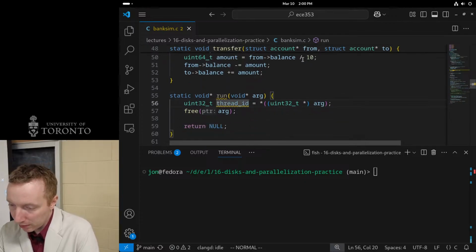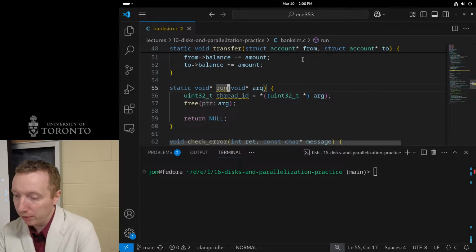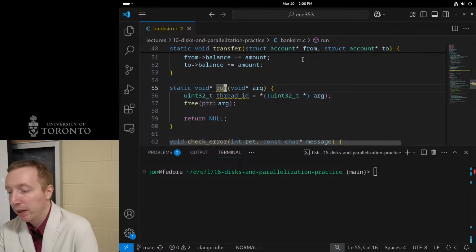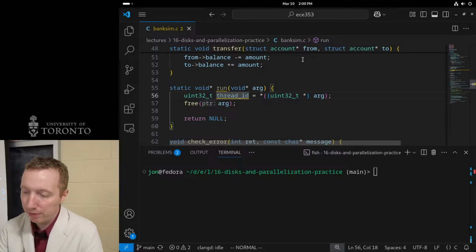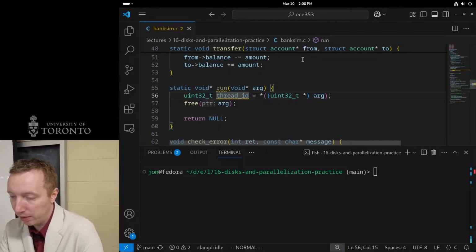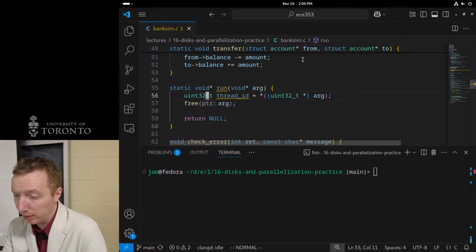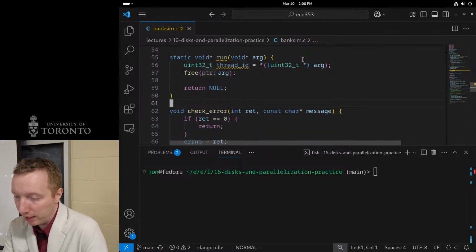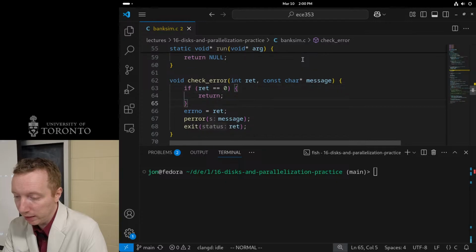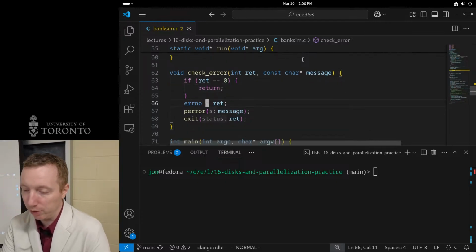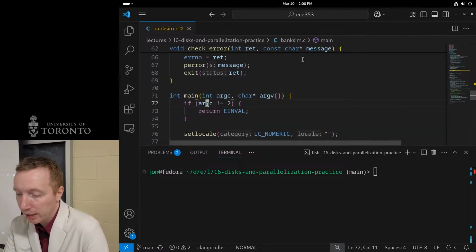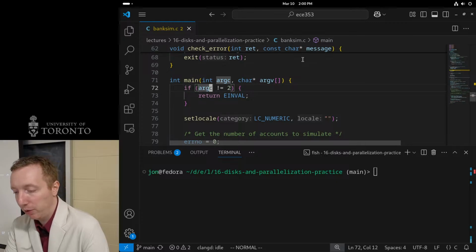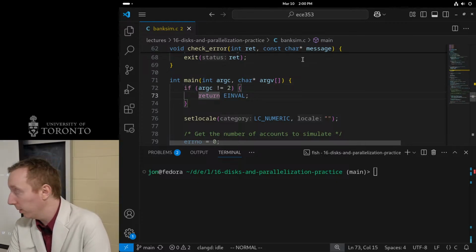This is a run function, so we're going to use it with pthread create, and it takes as arguments a thread ID. I have it set up so that it mallocs and does all that fun stuff, so we can get a unique thread ID for each thread, which we will use at some point, and then I can free it. So that has nothing in it yet; we are going to fill that in. I have check error, which just does the normal thing of checking for an error and killing the process if there is one. Then in main, I'm going to make sure there are exactly 2 arguments,